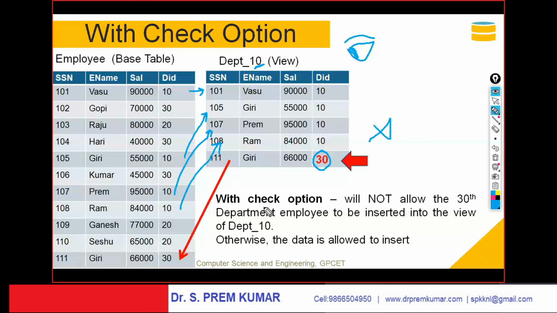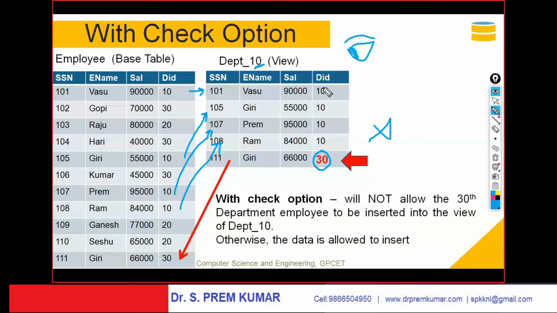If I use with check option, while inserting or updating, it will not allow a 30th department employee to be inserted into the view of 10th department. This is the view which is created exclusively for 10th department employees. So if I enter 10th department, it will accept. If I enter 30, it will bounce, if at all you use with check option.